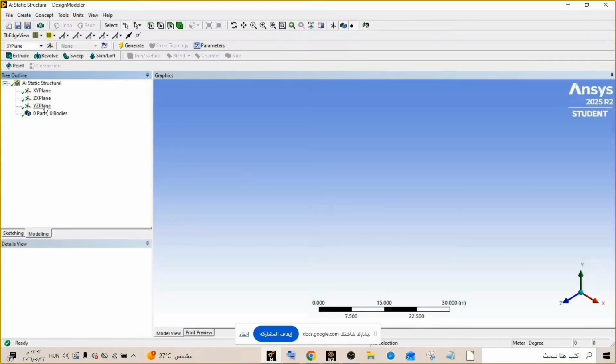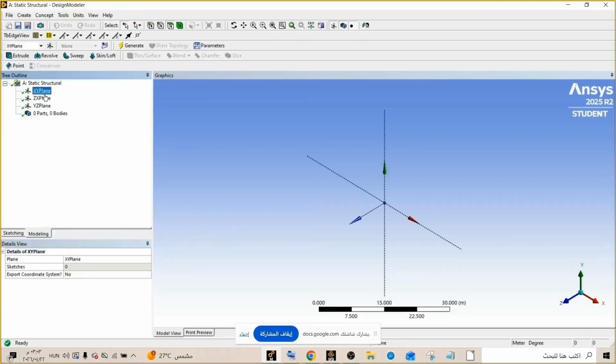So DesignModeler is open now. As you can see here, we have three planes, XY, ZX, and YZ. So here I am going to choose XY plane, and right click on XY plane and look at. So now I can see our plane.